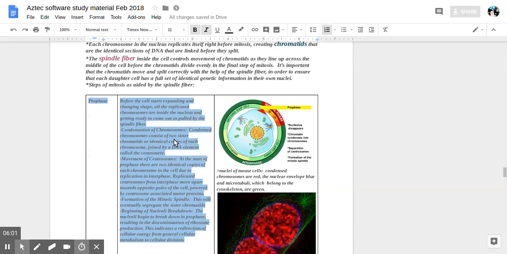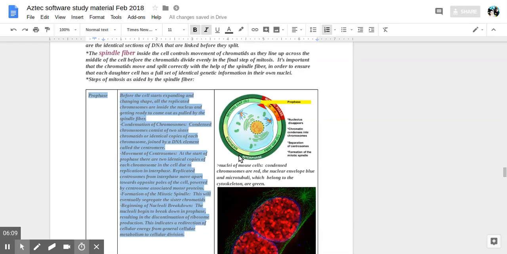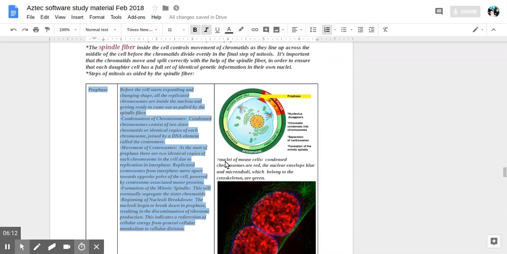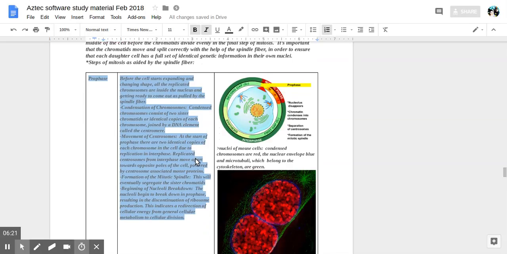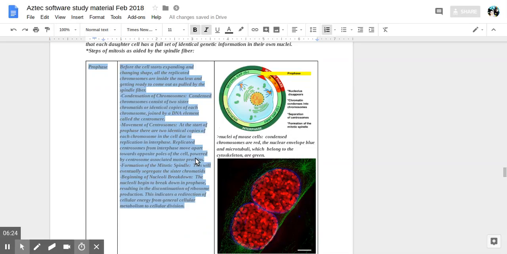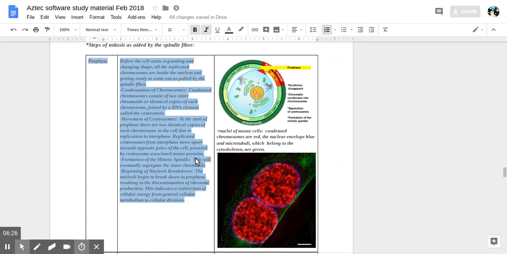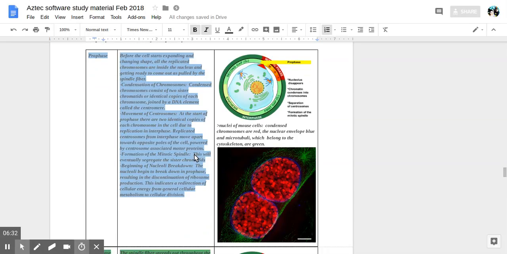Spindle fiber inside the cell controls movement of chromatids as they line up across the middle of the cell before the chromatids divide evenly in the final step. It's important that chromatids move and split correctly with help of the spindle fiber and the aster. So, in order to ensure each daughter cell has a full set of identical genetic information in their own nuclei, that results from the cell division or mitosis. So again, the steps were that before the cell starts expanding and changing shape, all the replicated chromosomes